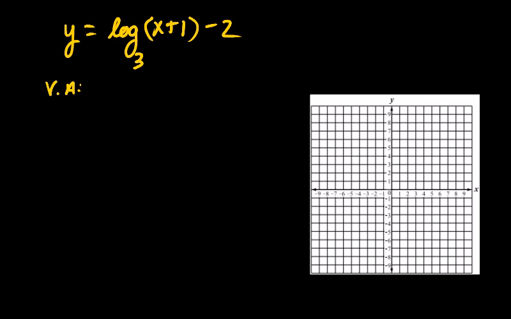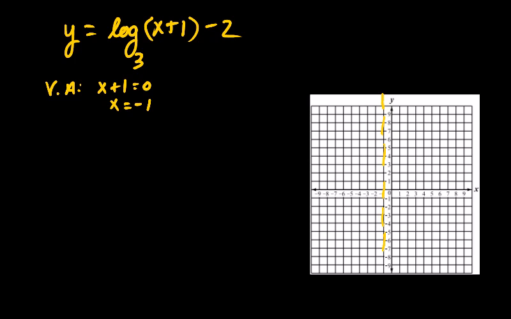So y equals log base 3 of x plus 1 minus 2. First thing I want you to think about is finding the vertical asymptote. So let's take x plus 1 and set it equal to 0. Subtract 1 from both sides and x would equal negative 1. So we're going to have a vertical asymptote at negative 1